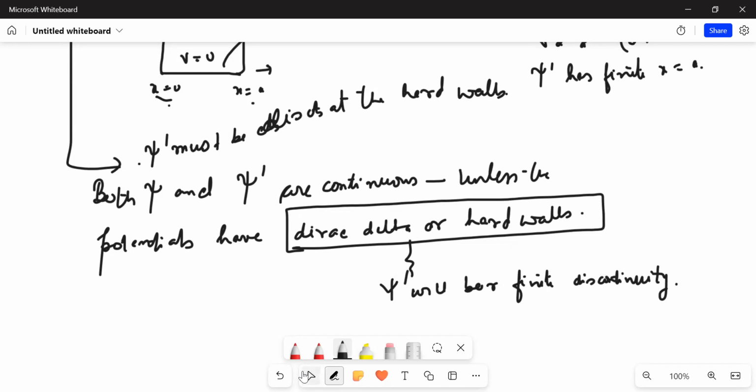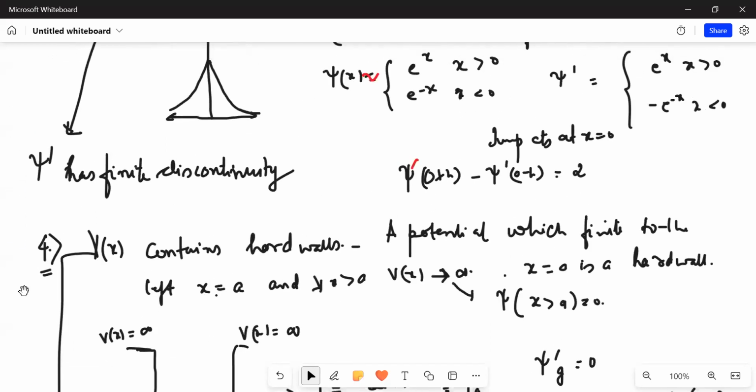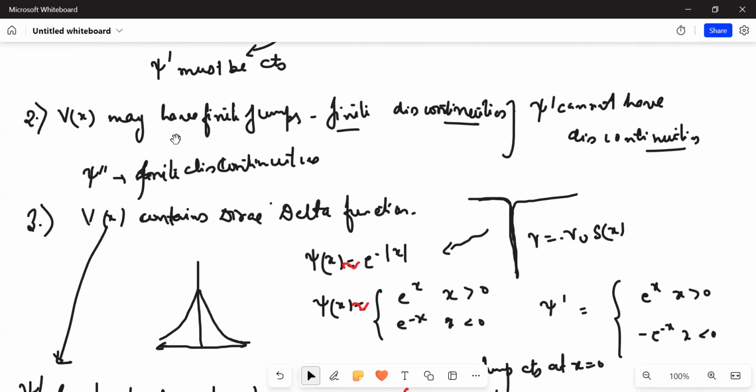Okay, so if Vx has finite jumps, then it is not a problem. Then psi dash cannot have discontinuity. Psi dash here, for this case, is continuous in fact. So psi dash will be continuous